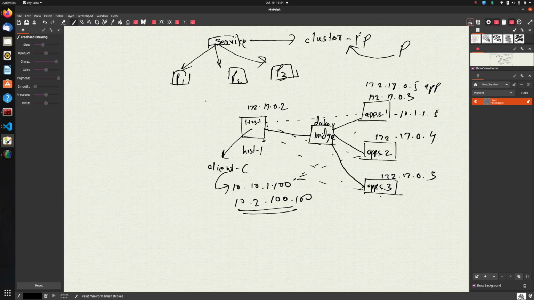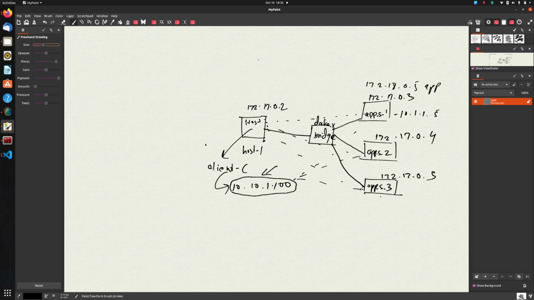So okay, that's a bit of context there, why you would want to do something like that. And even things like IPVS also, to some extent, take a similar approach to do this kind of load balancing, right? So let's say when the client first generates a packet destined for 10.10.1.100.